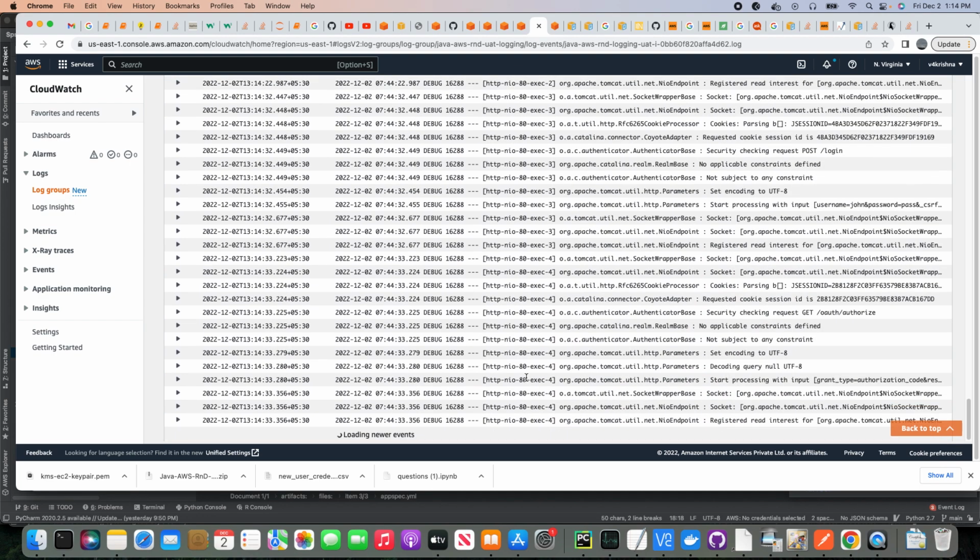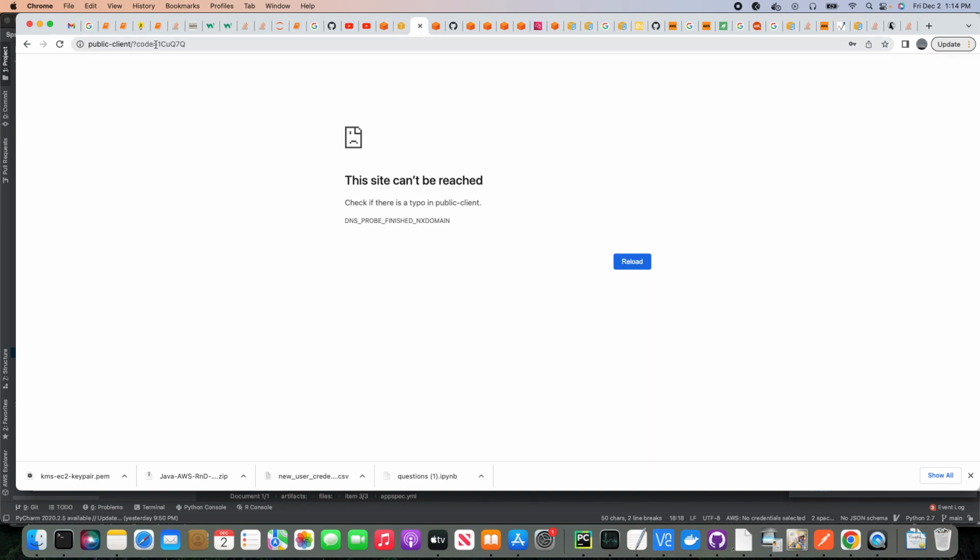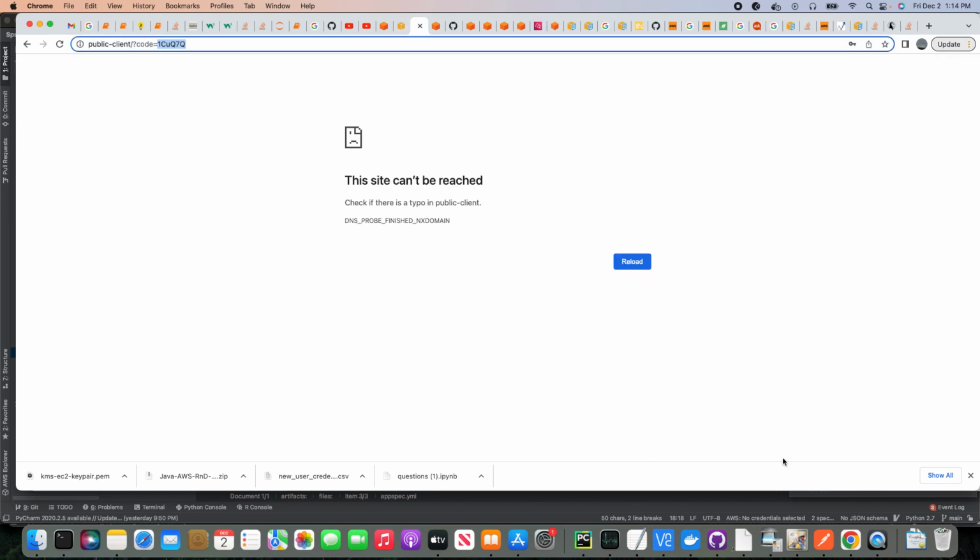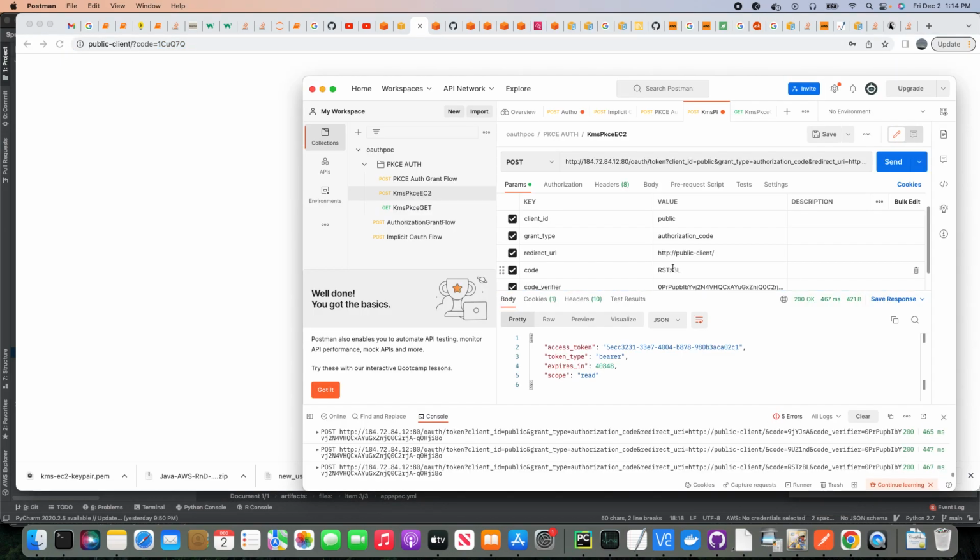See, the logs are rolling, and you can see that a call for authorize has happened. Now let me go back and copy the code. I have Postman, as I mentioned in my previous PKCE demo, and this code verifier and code challenge we have already created, so I'm not going to go through that. Now once I send a request,